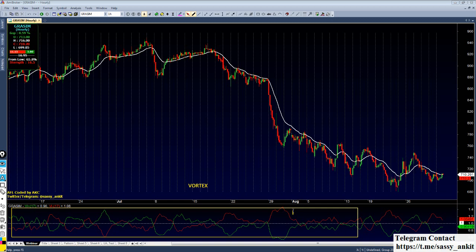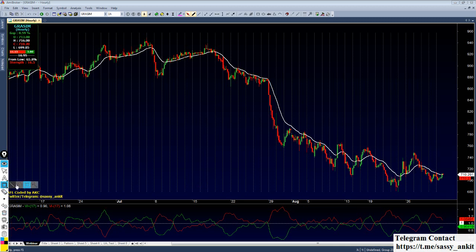So normally the word in the market is, whenever Vortex lines cross each other, crossover is happening between each other, you take buy and sell trades. This green line is crossing the red from below, like here you go long. When the red line is crossing here, you go short. This is the word in the market. That's how people have been teaching others, but unfortunately that is not the correct way. Vortex is not designed for that.